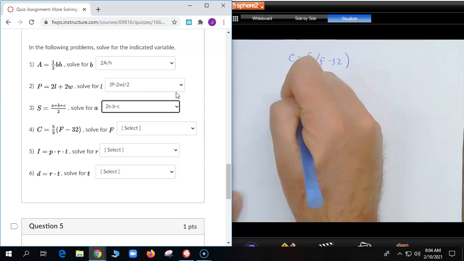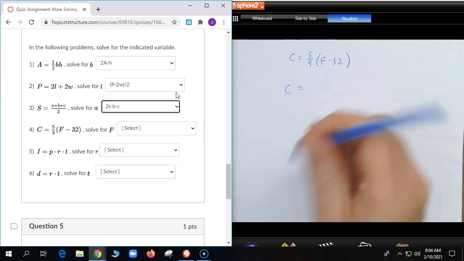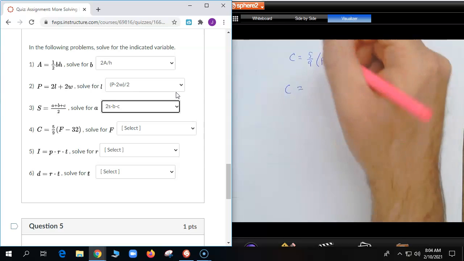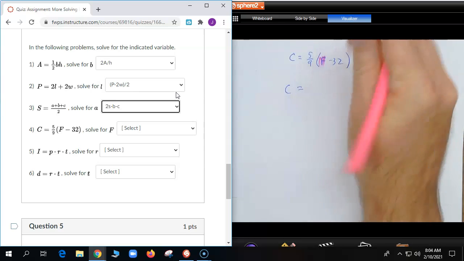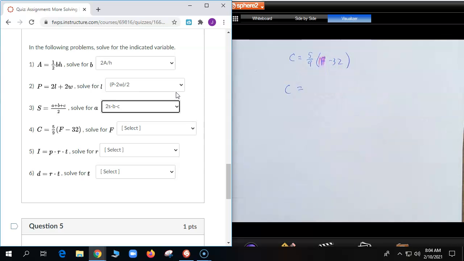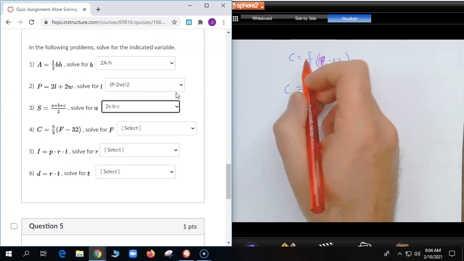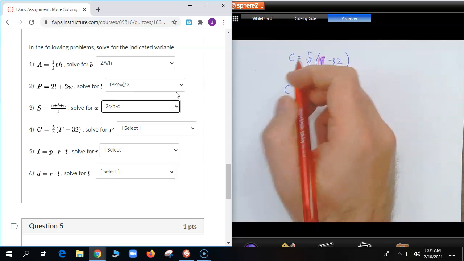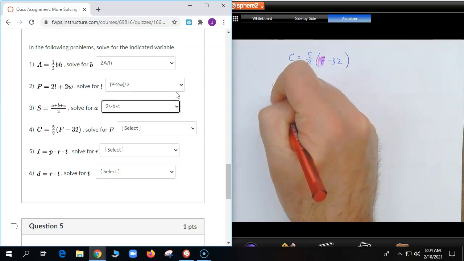And so the trick is to realize, okay, I need to get this F by itself. So that's the guy I got to get by itself. I need to get rid of this fraction first. And so what I'm going to do is multiply by the flip trick. Because if I multiply both sides by 9/5,